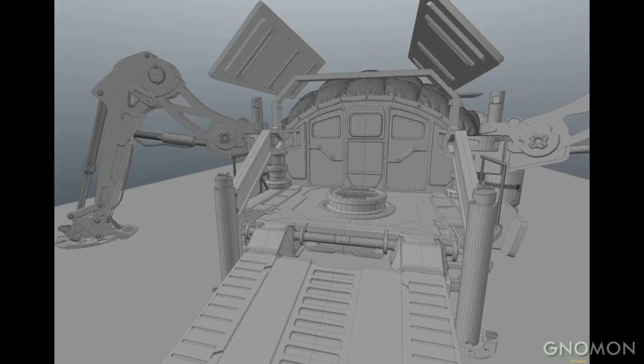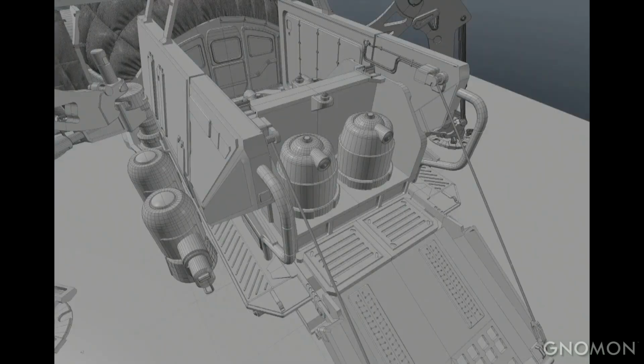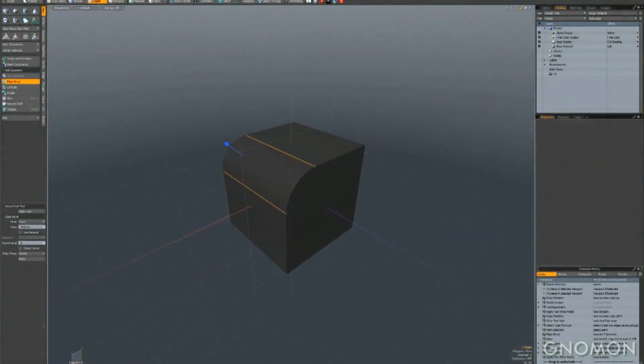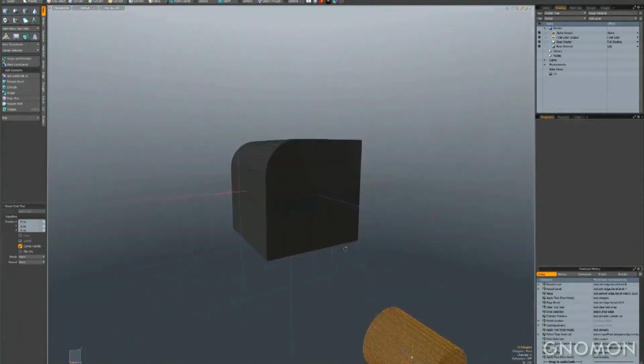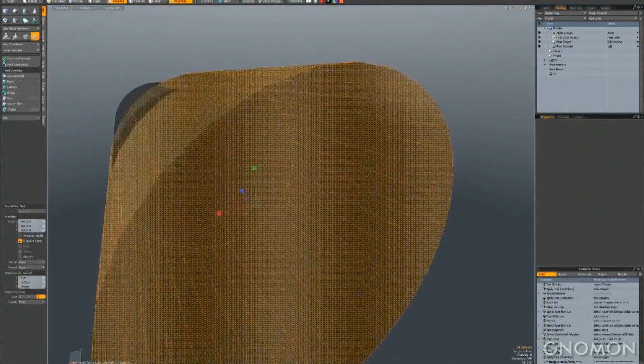And this is what the geo for that looks like. So not what you'd expect. It's super simple to work with. It's lightweight, and it's really easy to go forward and backward and iterate on this stuff too. And so this is just an example of what this process looks like and what it looks like to work with a rounded edge shader.